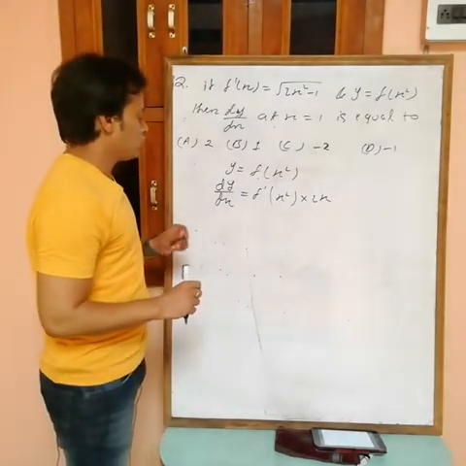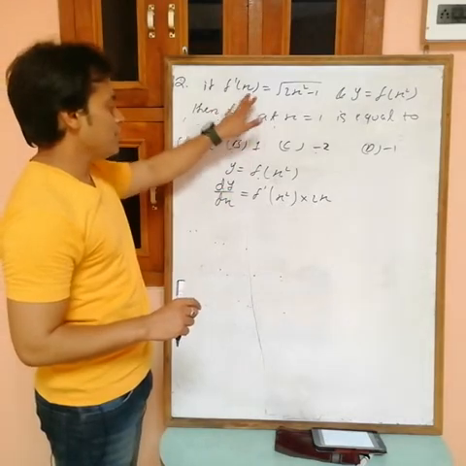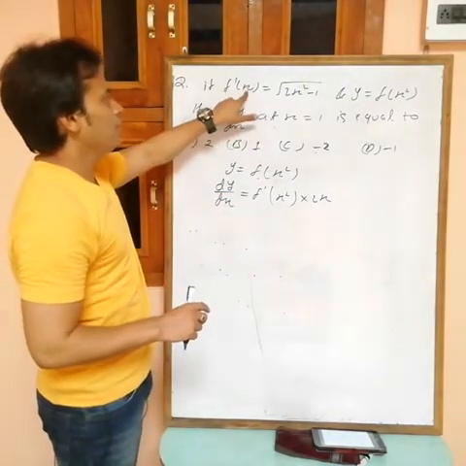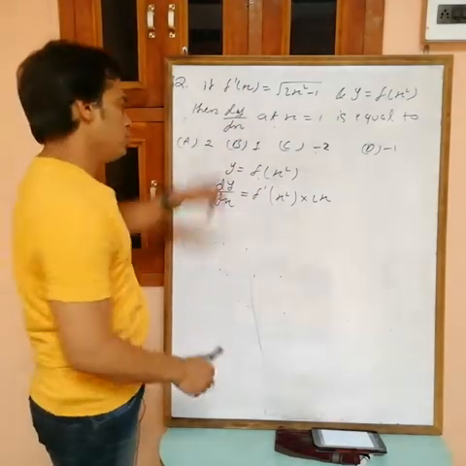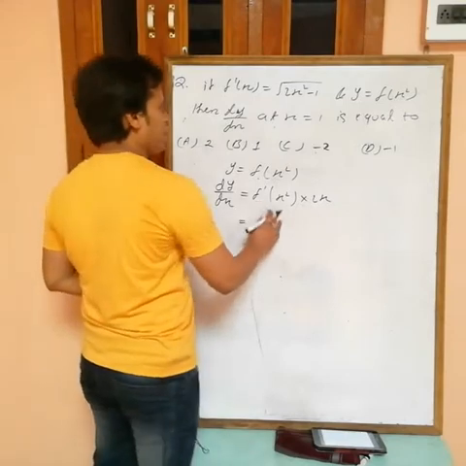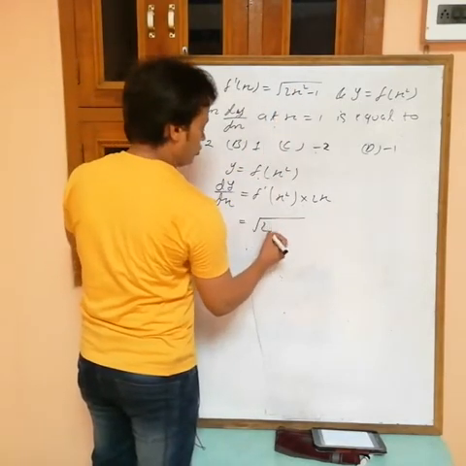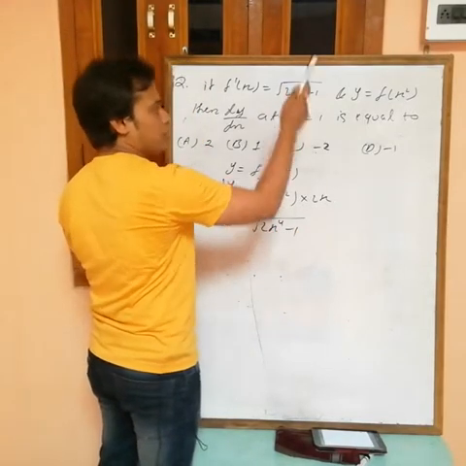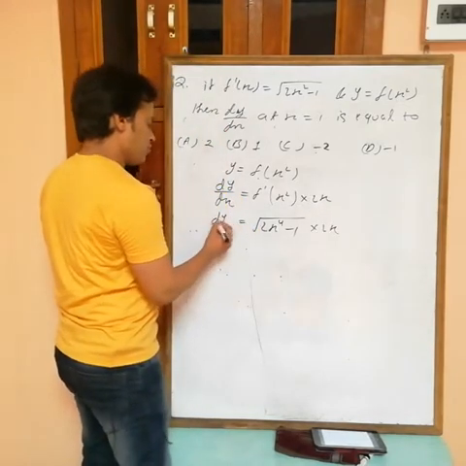Okay, and we want this at x equals 1. Now see, from this one I can put the value of f dash x. This is the value of f dash x. Now in the place of x, if you replace x square, what will you get? f dash of x square. So find the value of f dash x square: put x as x square, then you will get root of 2x power 4 minus 1, since x square squared is x power 4. Into 2x, this remains the same. This is the value of dy by dx.